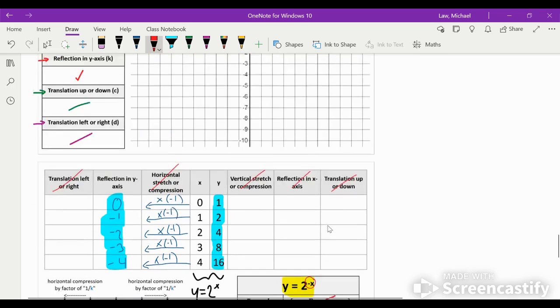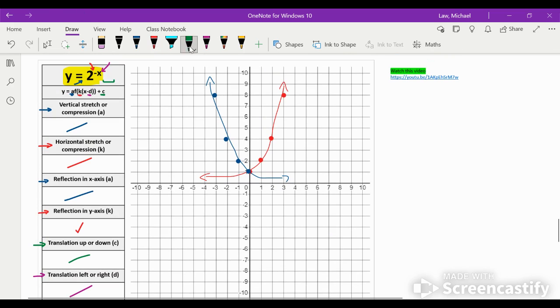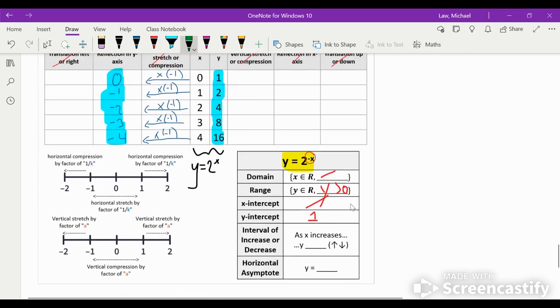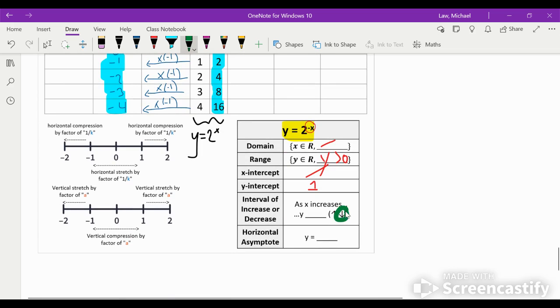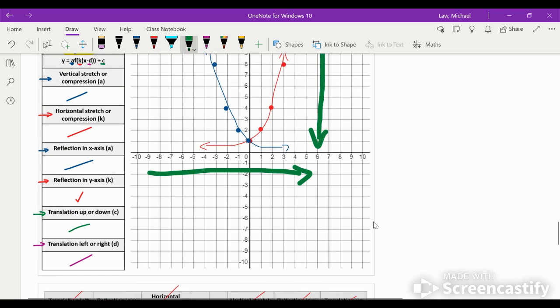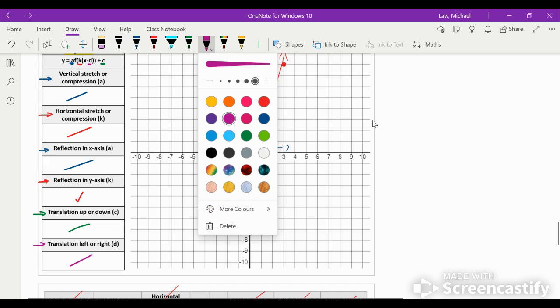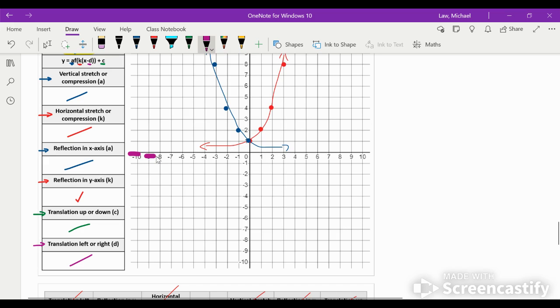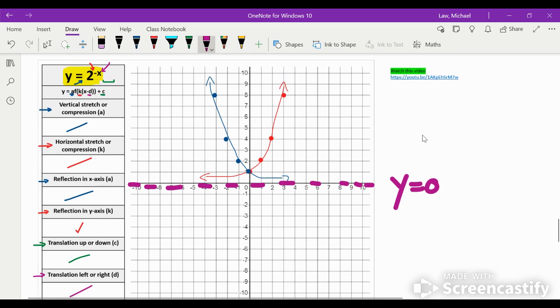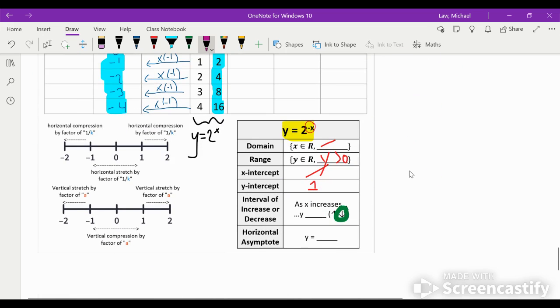For the interval of increase or decrease, that changes. As x increases, y decreases. So you can say it is decreasing. Now the horizontal asymptote was originally right over here, and it had an equation of y equals 0. Because the function was reflected in the y-axis, it doesn't really change anything. So that means the horizontal asymptote